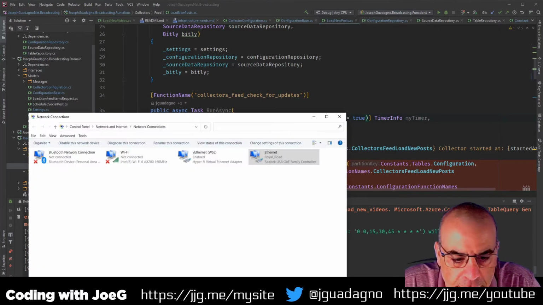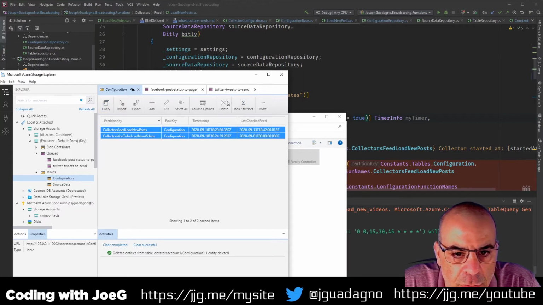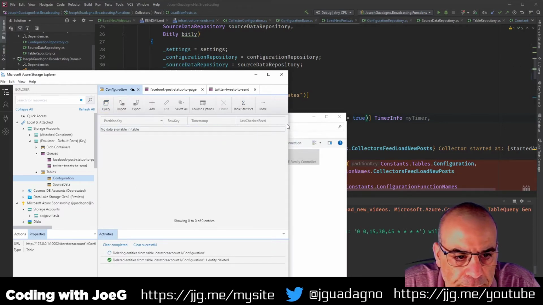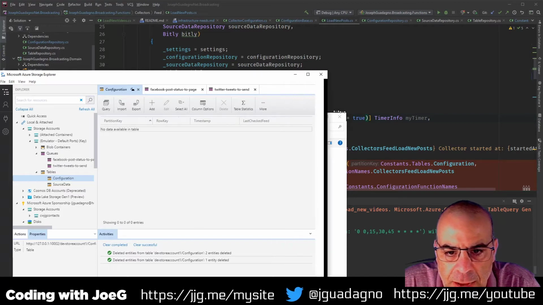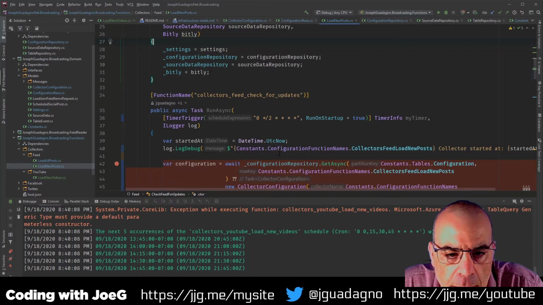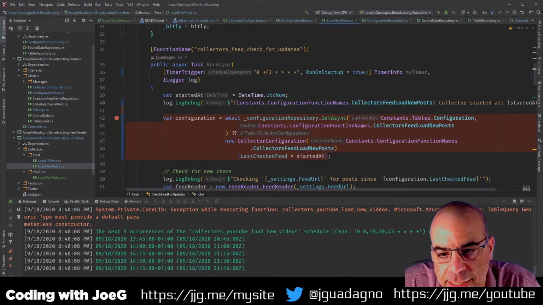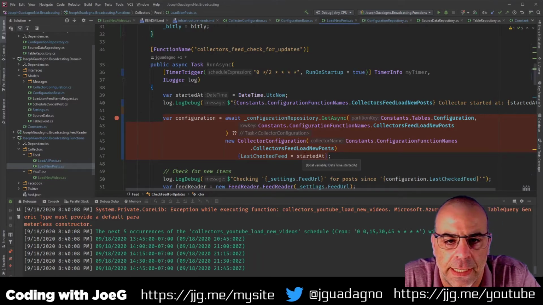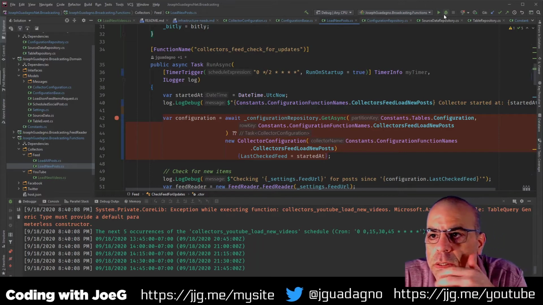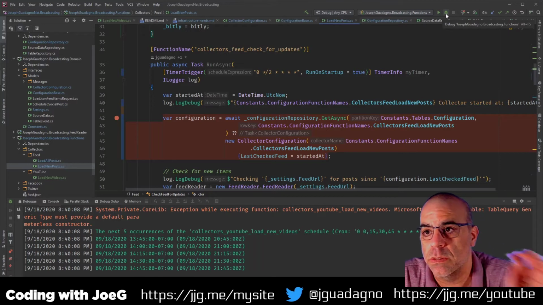And because this is no longer valid, where'd you go? We're going to want to delete both of these records. This will allow us to just recreate it in the right way, because once we save, we'll create it. And if it doesn't exist there at start, it's going to just create it at today's date and time. So let's go and debug these functions, see how it goes.